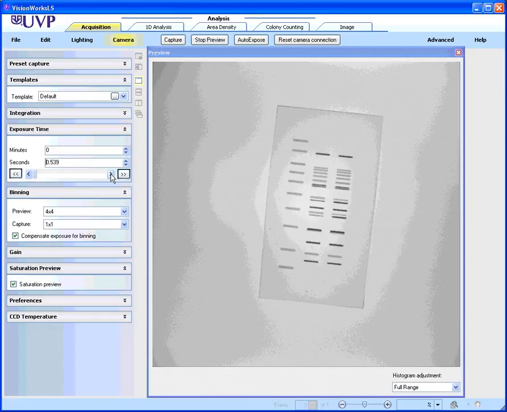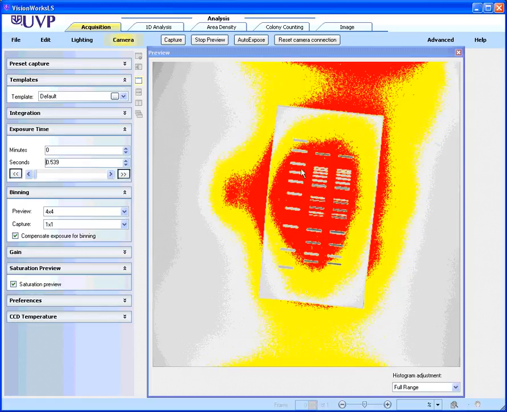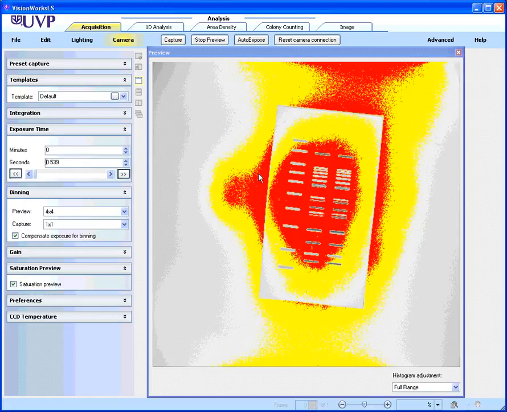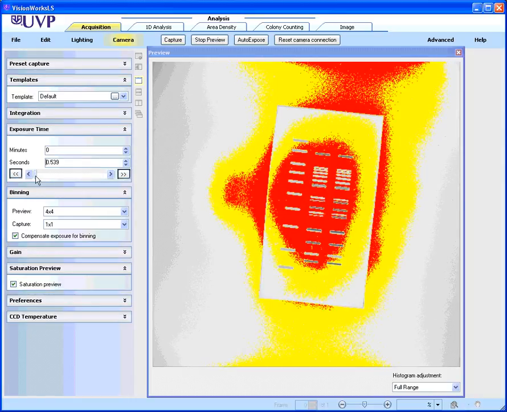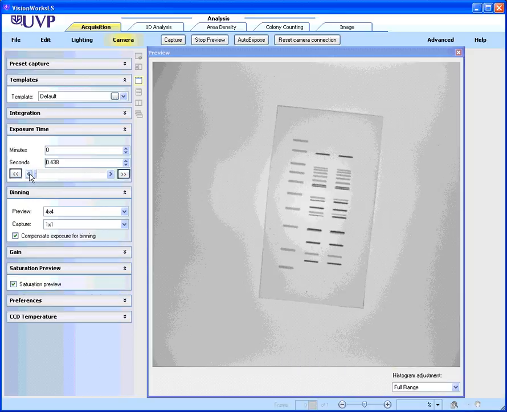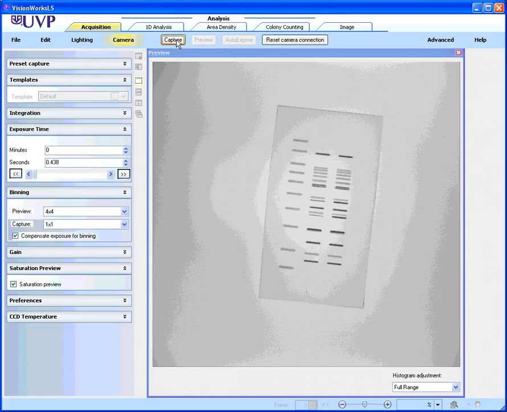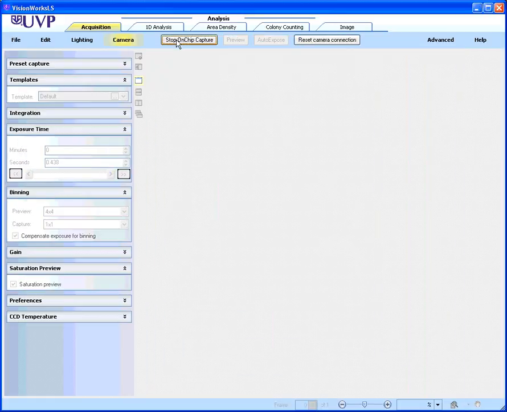You'll notice that if I extend it too far, we see saturation in the image, represented as red. So I'm going to reduce this by clicking on the back icon here until I don't see any red. You can also preview that by clicking on the plus sign here at the saturation preview, or you can click auto expose, which will automatically set the right exposure time. If I click capture now, the image will take about 2 or 3 seconds to capture, and it will